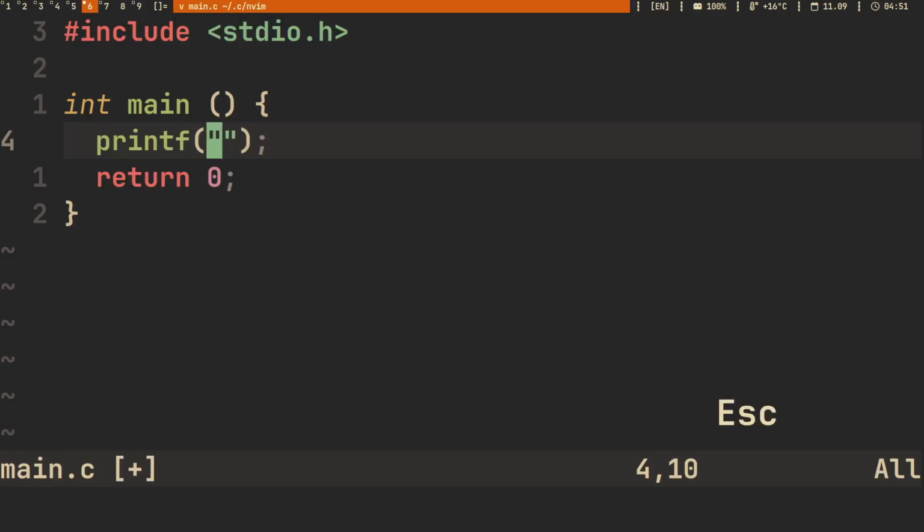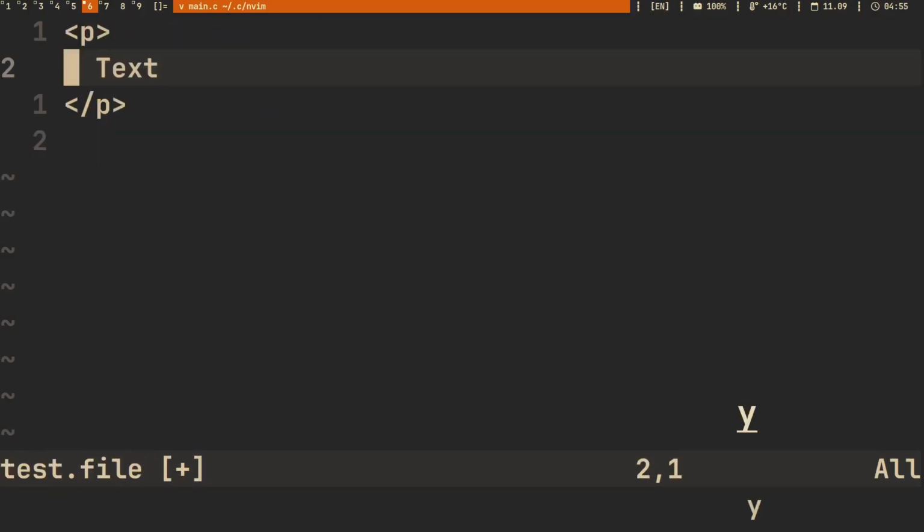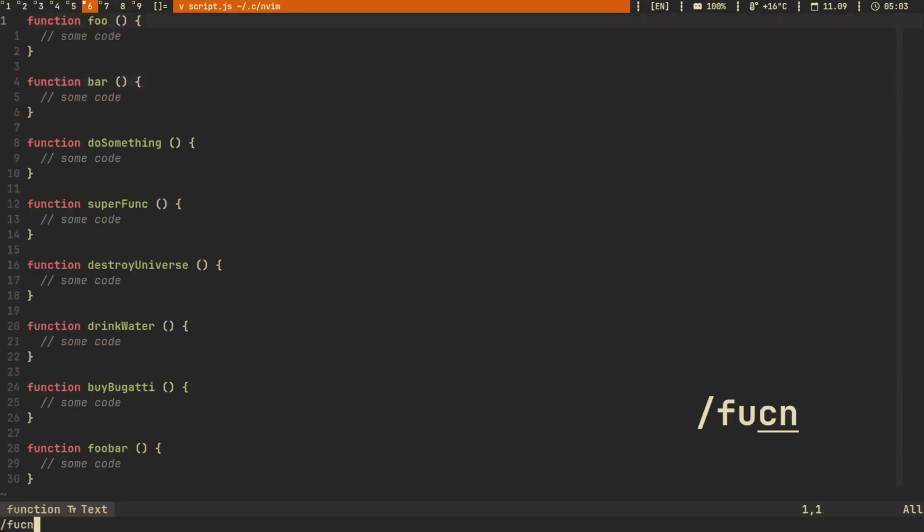It is another cool feature of Vim motions. You can easily understand what most keystrokes do by just looking at them. DAW, delete a word. CI curly brace, change inside curly braces. YAT, yank a tag. Neovim also has the concept of macros that allows you to record a series of actions